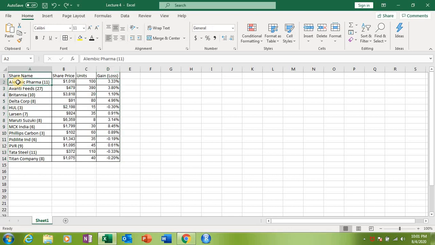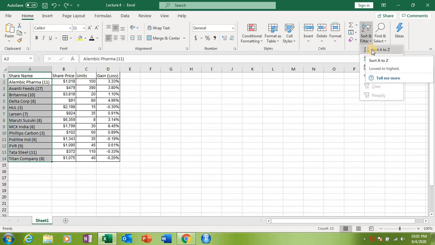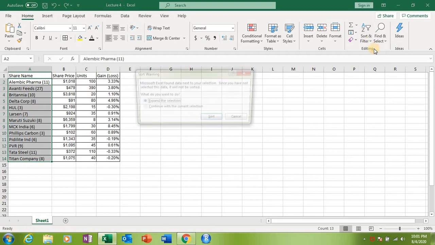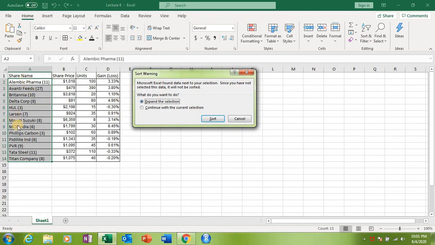So first of all, I'll tell you how to sort data using alphabetical order. I guess this is already arranged in alphabetical order. Otherwise you can do it in this manner. You can go to sort and filter, click sort A to Z, and it will be giving you a message to expand the selection. If you don't select this, the